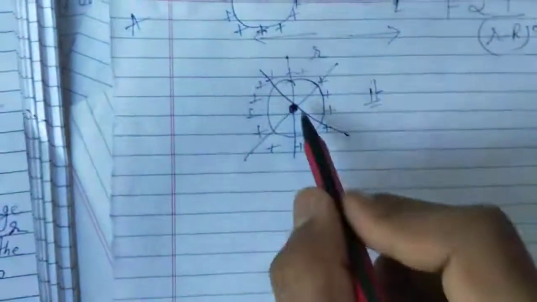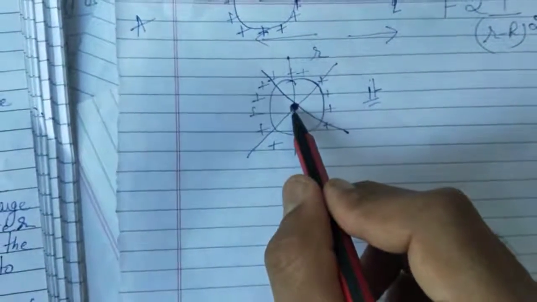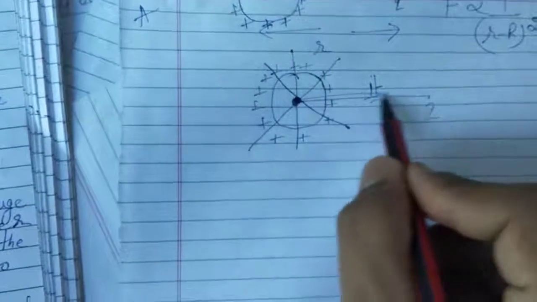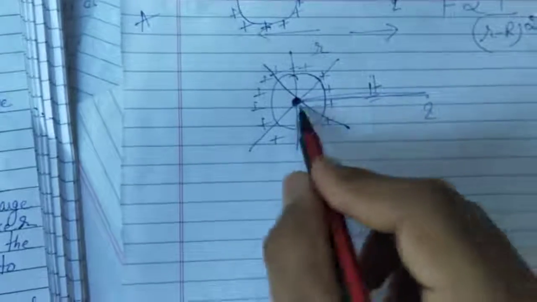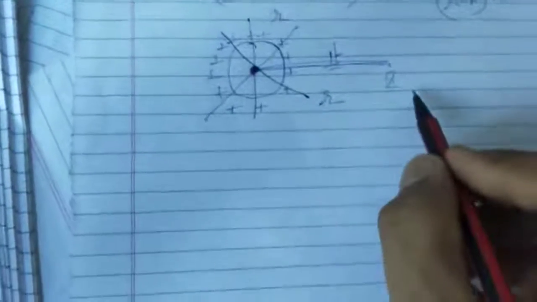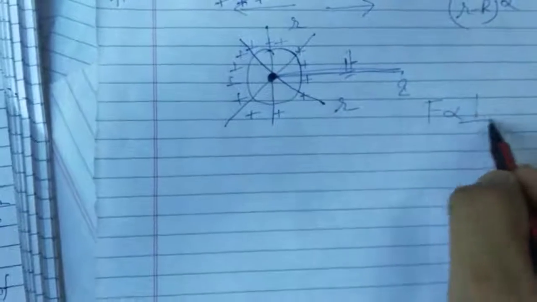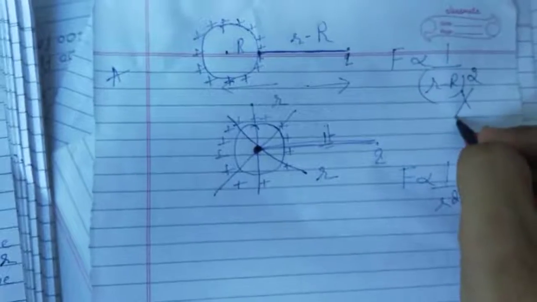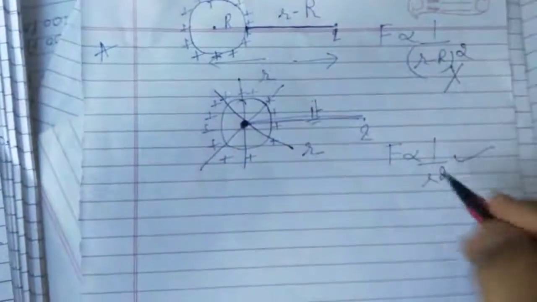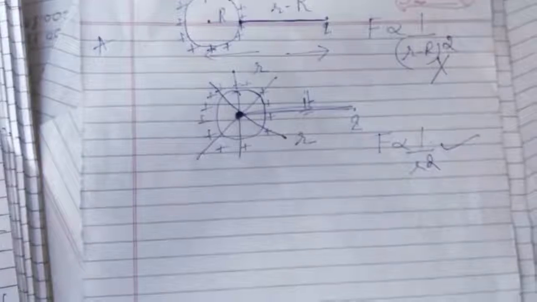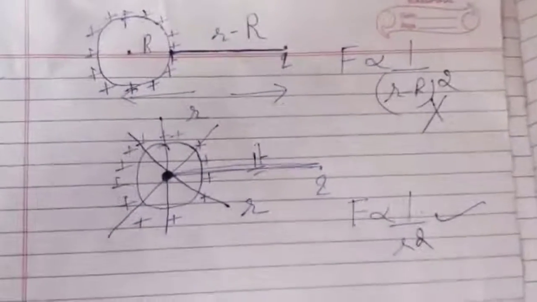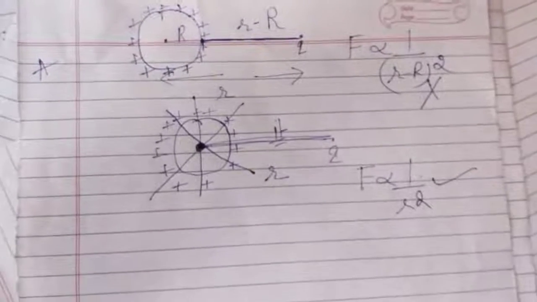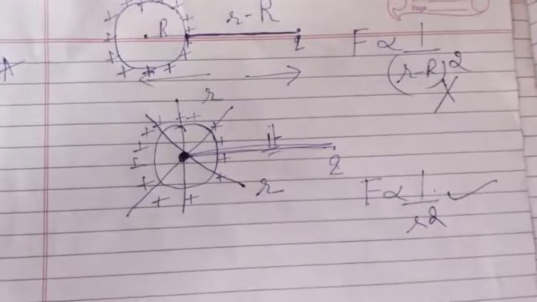If the charge is present at the center, that means the charge will act from this distance to this distance, on this distance to this charge. So what is the distance? Small r. So in reality, force depends on this distance, not on this. Force does not depend on this concept, force depends on this concept. So this will be the reality in case of a spherical conductor. So mention this concept. Reality is different, but supposition is different. So force will be inversely proportional to 1 upon r square.